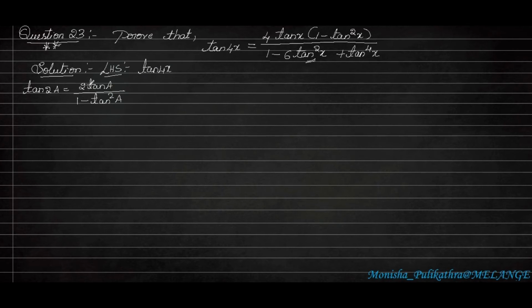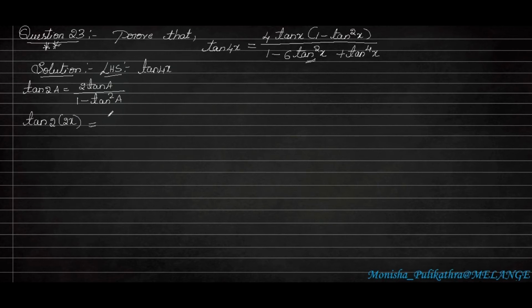Okay. So here tan 4x is given, where in the formula tan 2a is there. So in the place of a, we can include 2x to make it as 4x, right? So tan, if we want to take it as 4x, then we have to write 2 into 2x. In the place of a, we have to write 2x. 2 2s are 4x, so it will be equal to tan 4x, right?